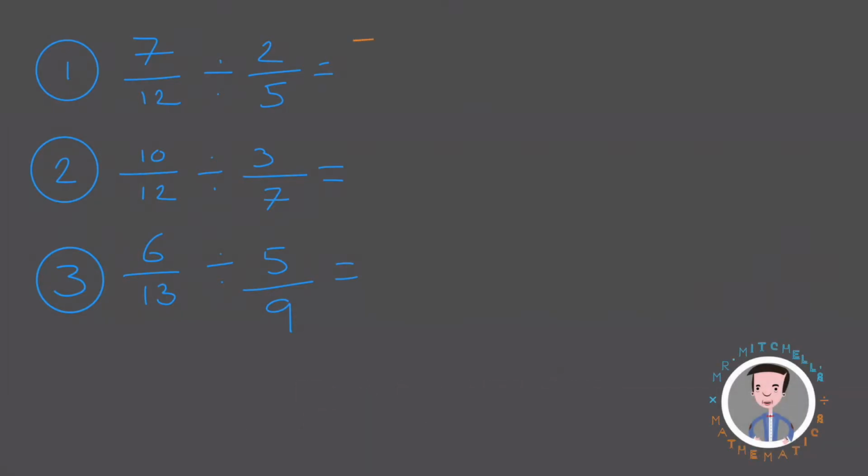For the first one, I did 7/12 times 5/2. That left me with 35/24. For the second question, I did